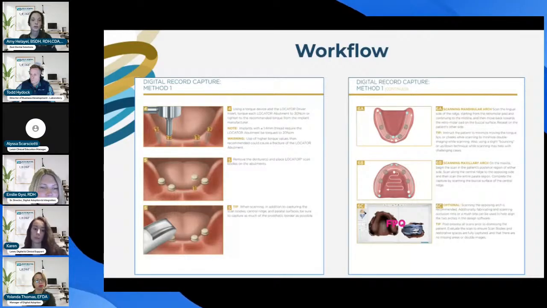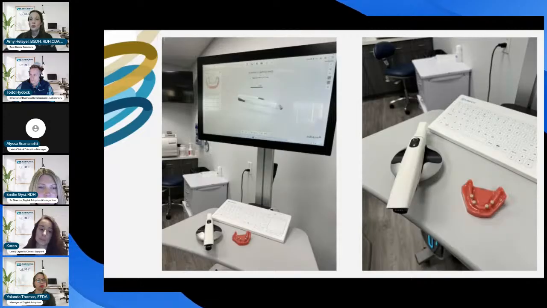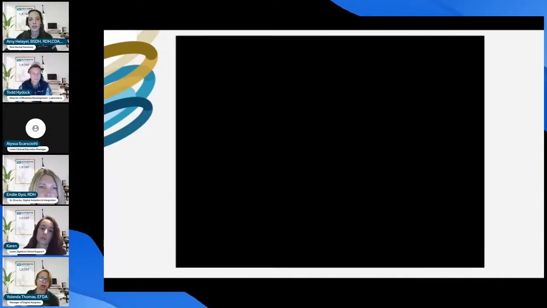Very, very simple. You're going to scan it just as you would in any other scan in the mouth, trying to capture all of the anatomy, and they're going to, again, review that with you tonight. So as you see here in an image, this is using one of our scanners, and you can see the scan bodies on a model here. I'm going to show you just a quick video of what that looks like when you are scanning. And again, this is going to be scanning on a model, but it does show